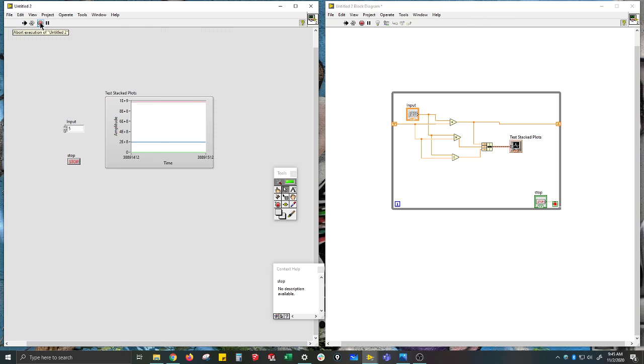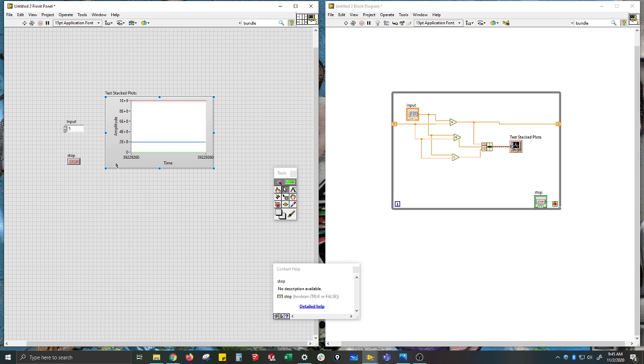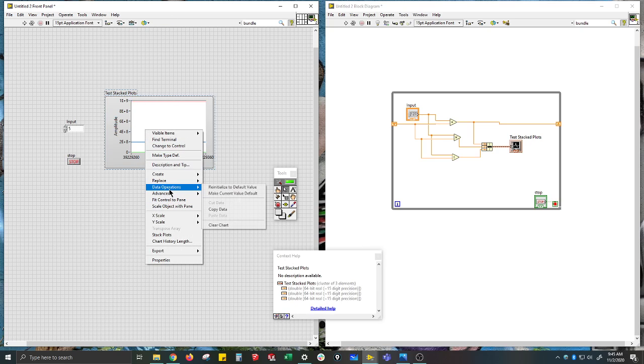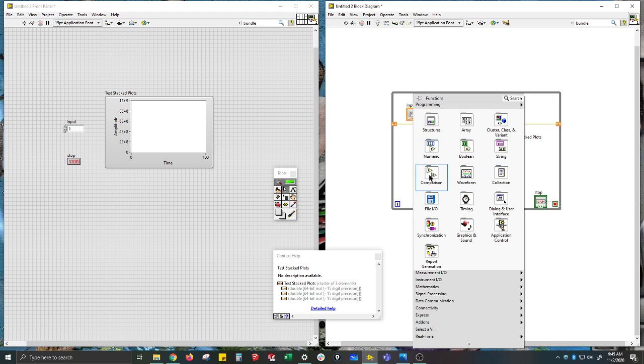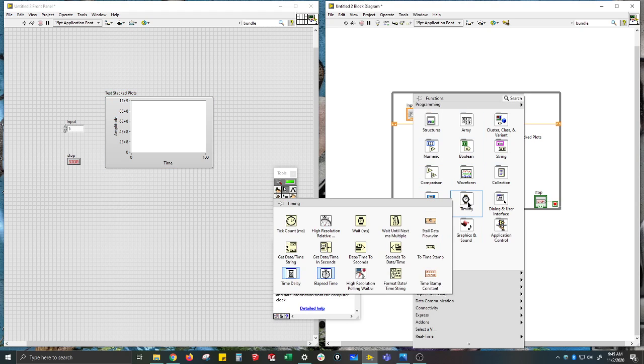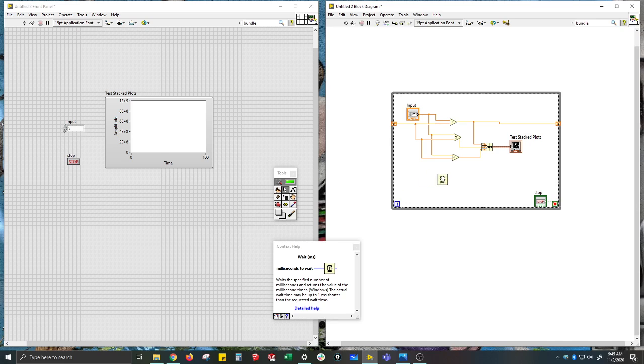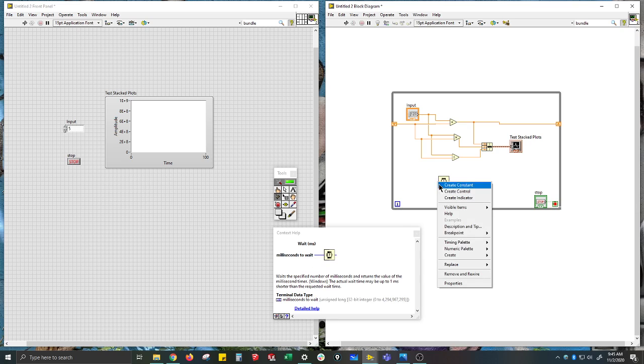One thing I'm noticing is that it's just crazy fast. I'm not really interested in that. I'm going to go back here and clear the chart, start over again. One thing I forgot to do is put in a delay time. So I'm here in my functions, timing, and this is all stuff we did in that assignment. I'll just add a constant and put in 500 milliseconds. Now if I run it,